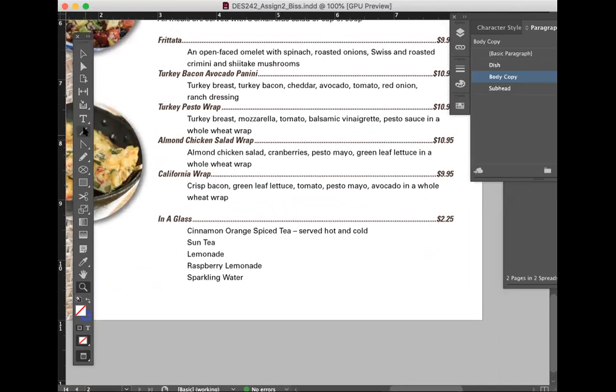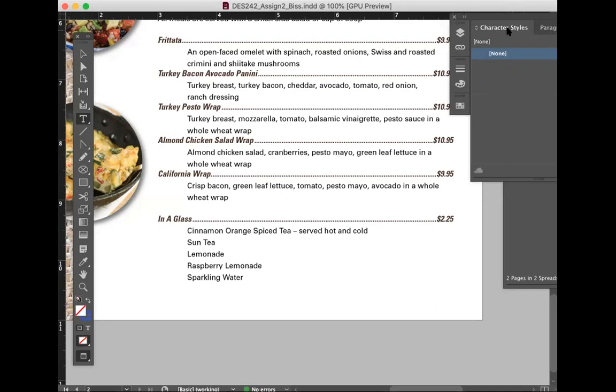In a glass is actually not too bad, but we maybe want to separate this out a little bit. So let's do a character style. Paragraph style is basically for a lot of copy, like body copy, more than 2 or 3 words of type. Character style is basically for maybe 1 or 2 words, maybe just one bold word that you want to pull out, different color, different style.